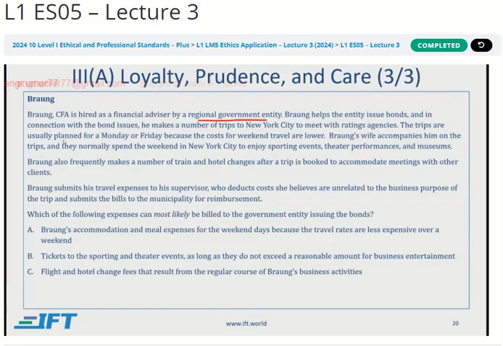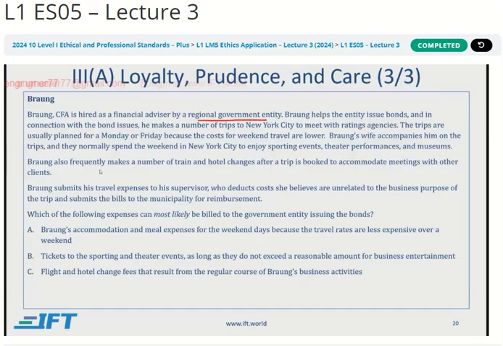The trips are usually planned for a Monday or Friday because the costs for weekend travel are lower. Brong's wife accompanies him on the trips, and they normally spend the weekend in New York City to enjoy sporting events, theater performances, and museums.